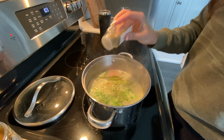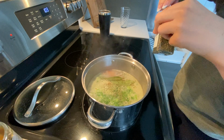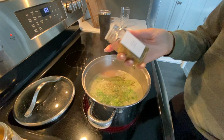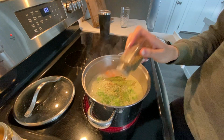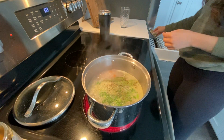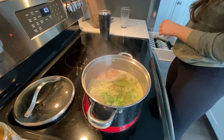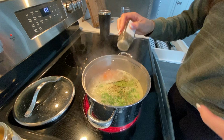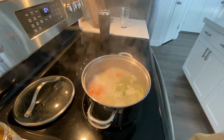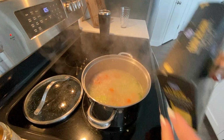Now I did keep the stock from the chicken, the water that the chicken was boiling in, and I feel like that is the secret ingredient to the perfect homemade soup. That water just has so much flavor from the chicken bone and the juices. So I do keep that in my soup, and I add an additional 2 cups of water for more stock. I add about a spoonful of minced garlic,